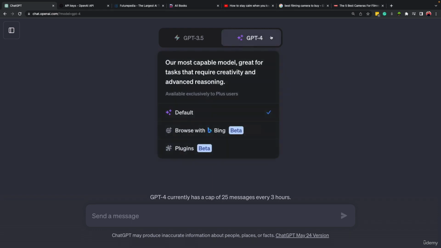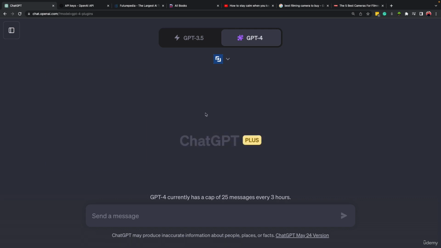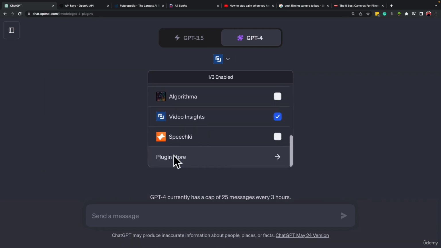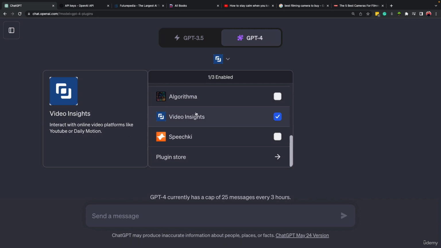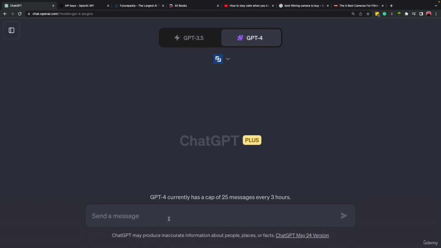If you have access to ChatGPT plugins, there's a plugin here called Video Insights. You can just go to the plugin store, search for Video Insights and install it. After that, you can come here inside the messaging bar and ask ChatGPT to summarize and provide the key points